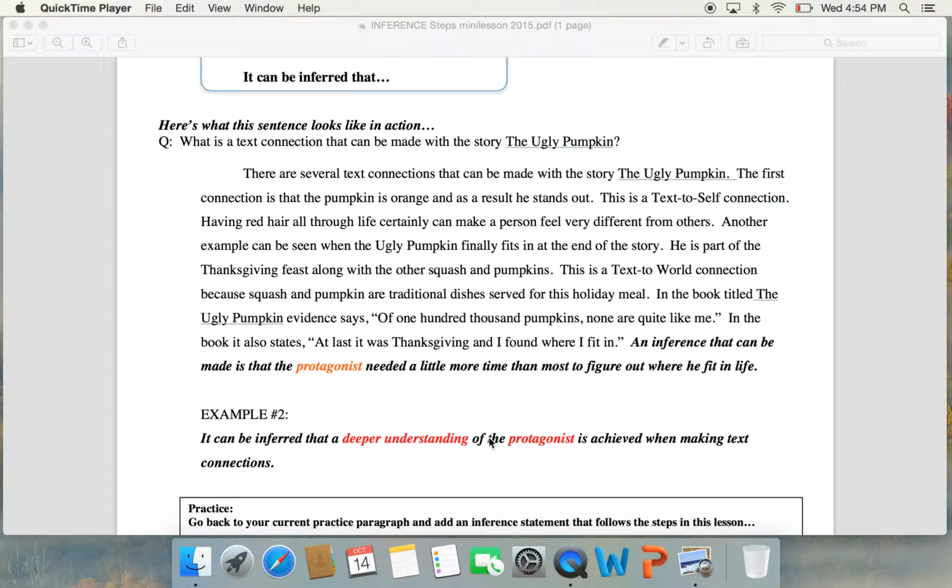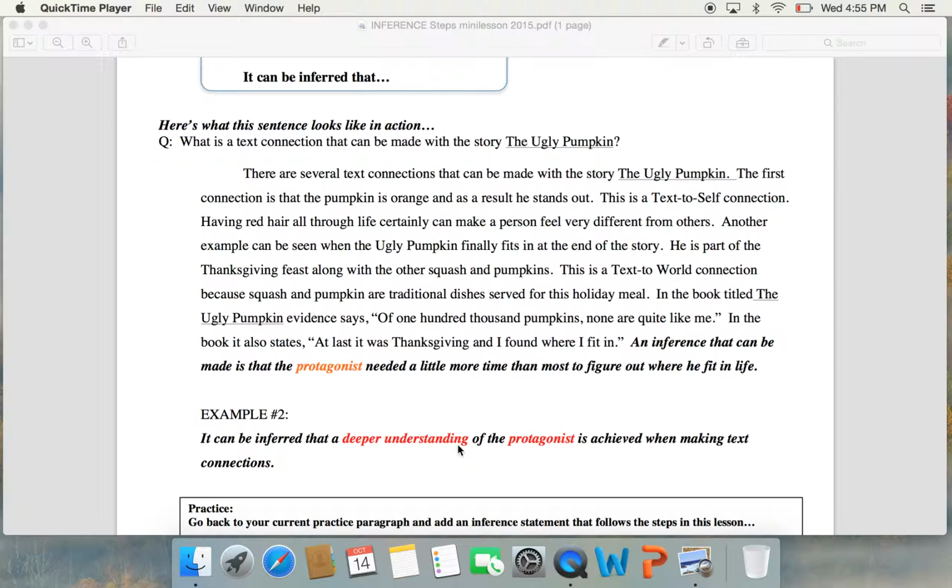If you wanted to try this second example for a practice today, I say go for it. Maybe you don't. Maybe you want to work with just the character itself and make a general inference conclusion about your character and what was written about your character. Or maybe you do want to say, hey, what did I get out of writing about plot conflict? What did I get out of the climax? Or what did I learn by writing about the theme of the story? It can be inferred that